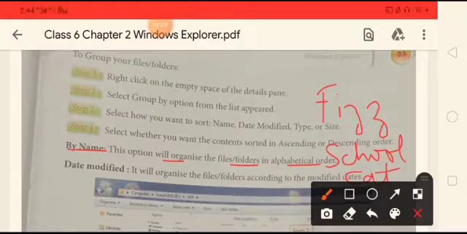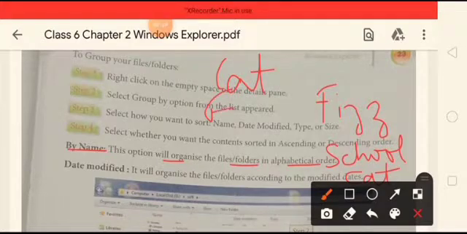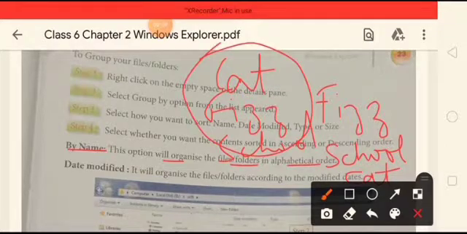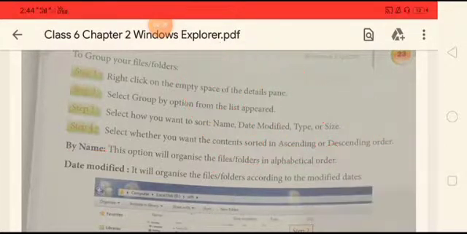For example, so it will be arranged that first Cat, then Fizz, then School. This is how your files and folders will be grouped according to the alphabetical order.